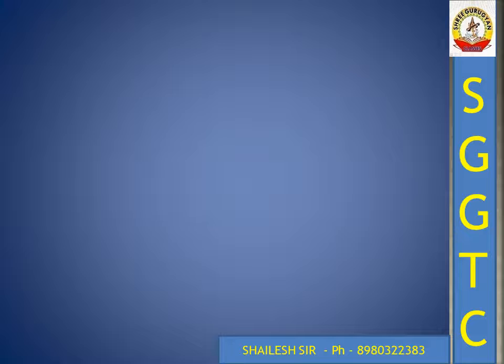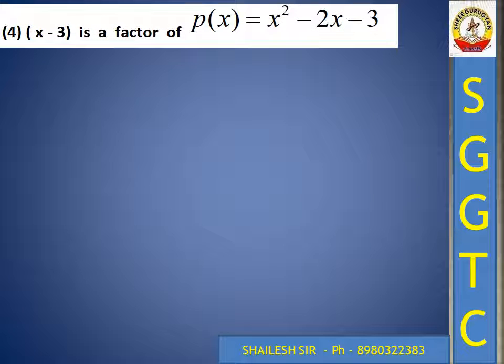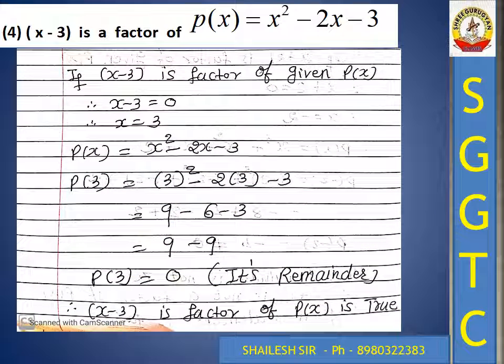Yes, move ahead next. Question number 4. X minus 3 is a factor of the given px, I just check. So here also the same concept. I use x minus 3 equal to 0. So you get x equal to 3 and apply it in the given px, applying the value 3 in place of x. And check the further answer, it is 9 minus 9, which is 0. So yes, it is a 0 answer. So here also the remainder is 0. Therefore, only and only then I say x minus 3 is a factor of the given px and my statement is true. These, students, are the examine the validity questions. Question 5 continues up to the fourth sum. Next move.